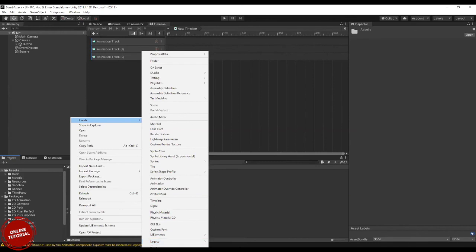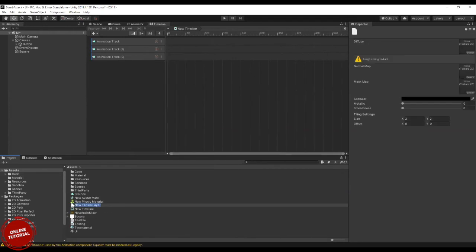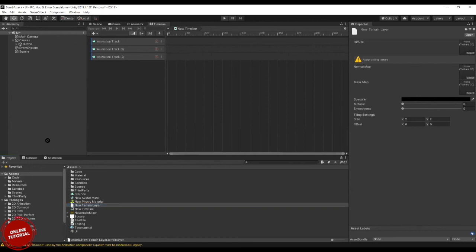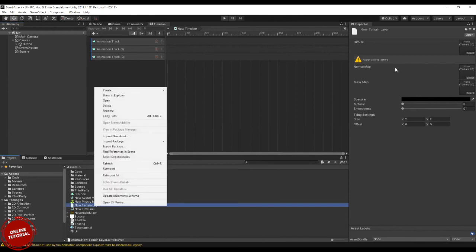Brush and terrain layer, this is something which you define for a terrain. Okay, now you want to build a game based on a road type or a hilly terrain. For this you need to have its properties, so you define a terrain, and you can define the properties of a terrain using this.